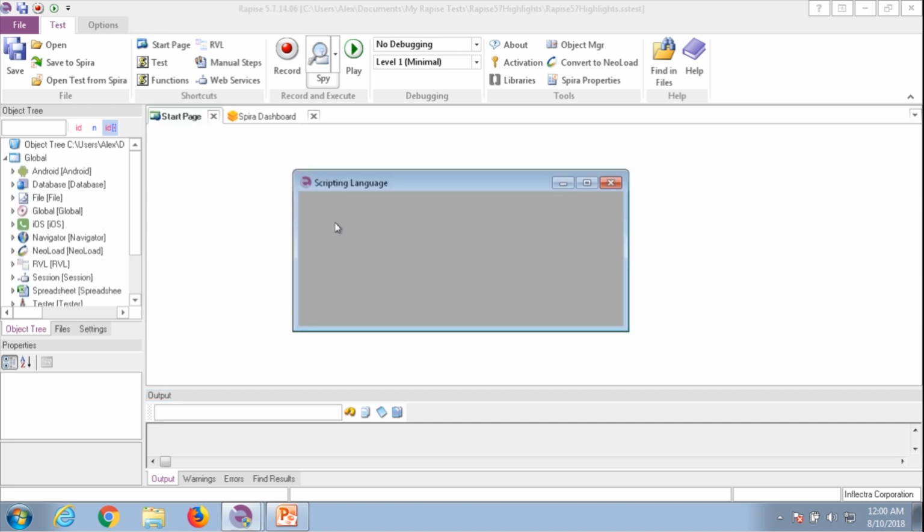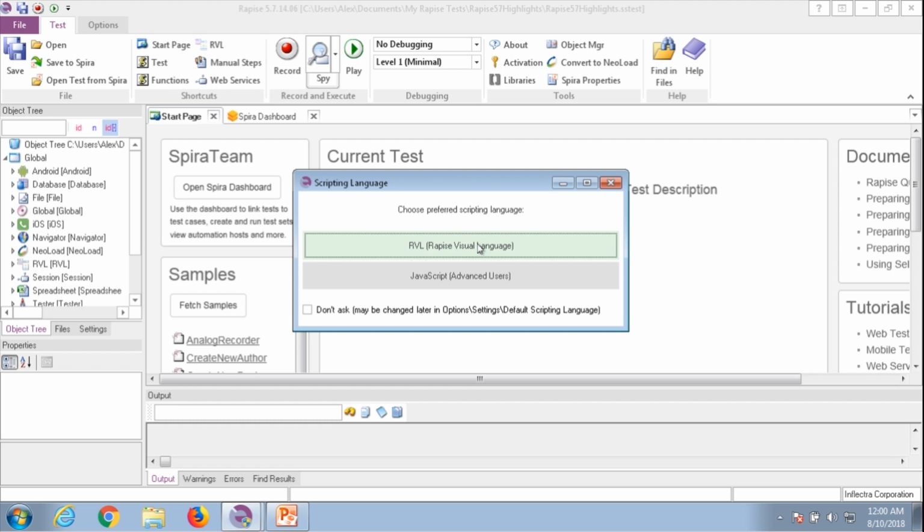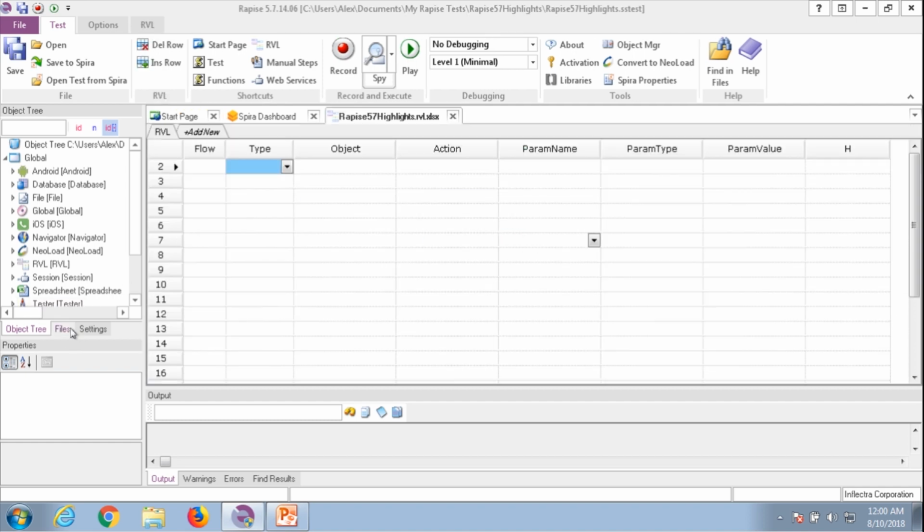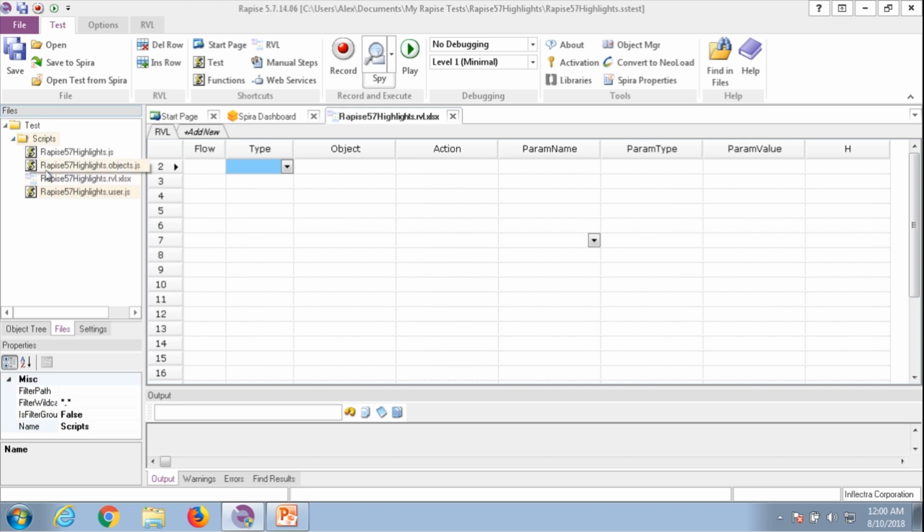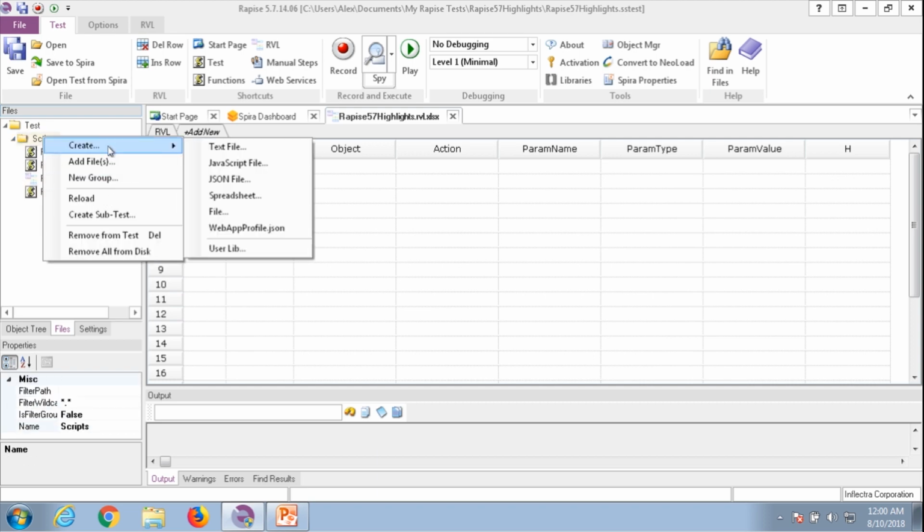I'll call it, let it be desktop. So when I'm creating just a test, I have a question asking about language. And if I say RVL, then an RVL file is added to the test. So the new feature that we have now is if we are adding a subtest,